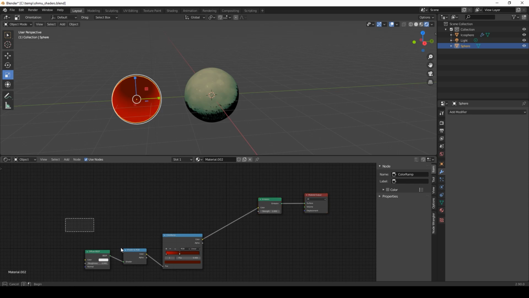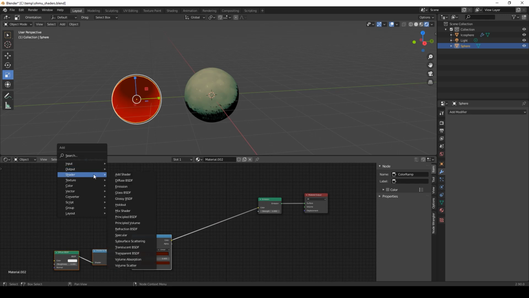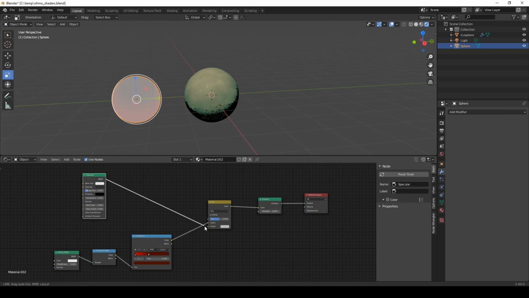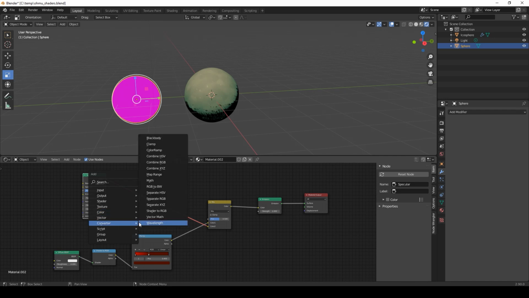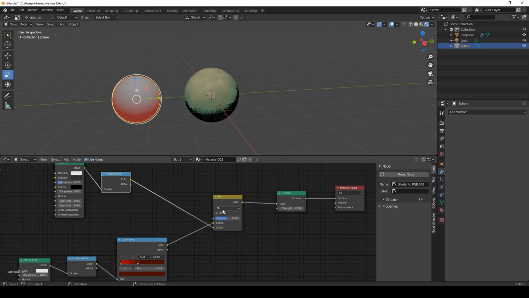To add the specular to our cell shader, we are going to add a specular shader, and then we're going to add in a mix RGB node. Let's plug it in, and of course we need to add a shader to RGB node here as well. Let's set this to screen,